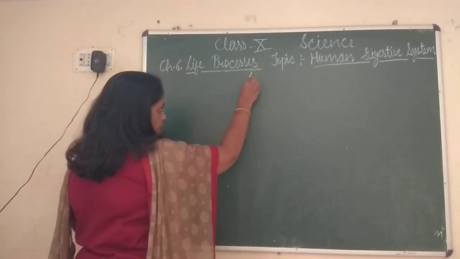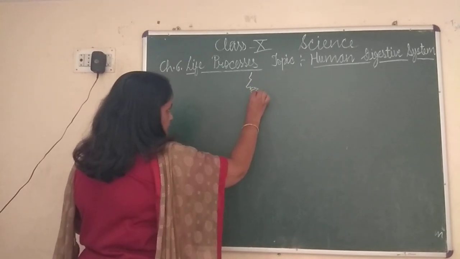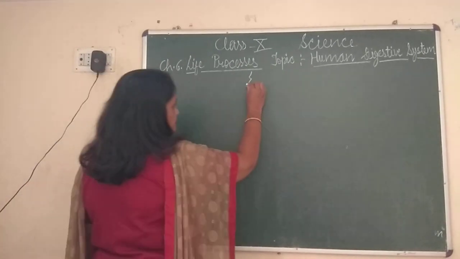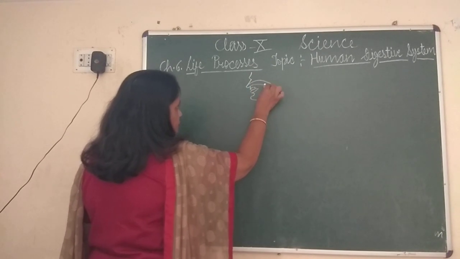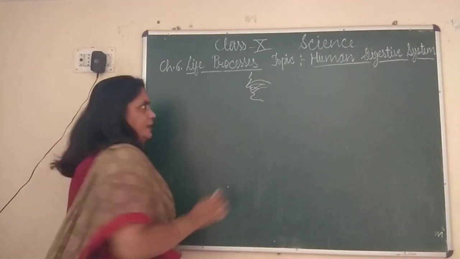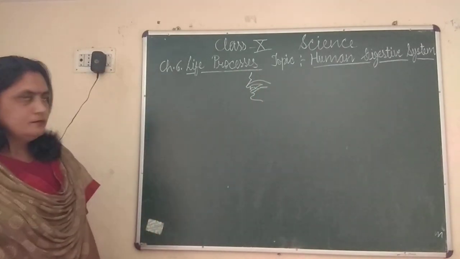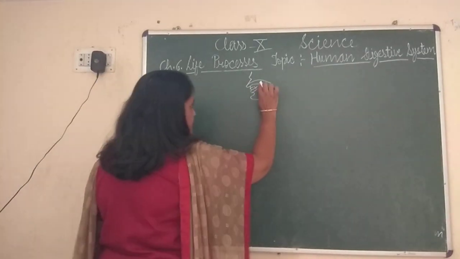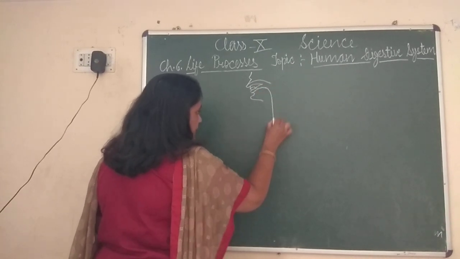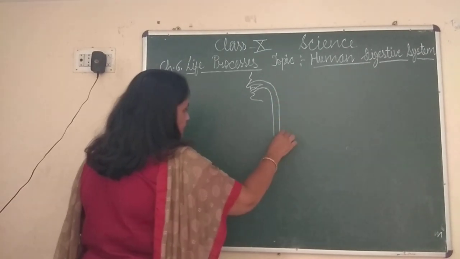So first of all, this way you have to draw a human face. After that, one tube is coming from the nose, then another tube coming from the mouth, and you can see these 2 tubes join here. After drawing this much, you have to extend this tube into a long pipe. The length of this pipe is up to the length of your chest.